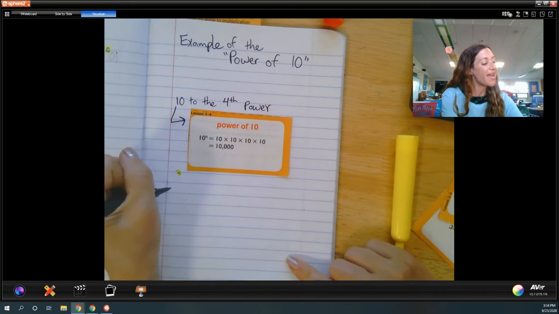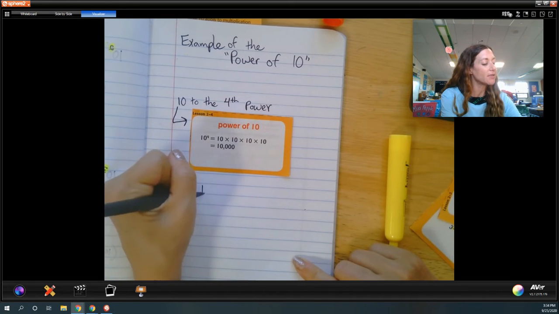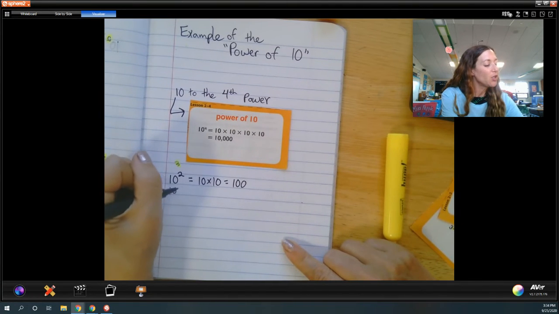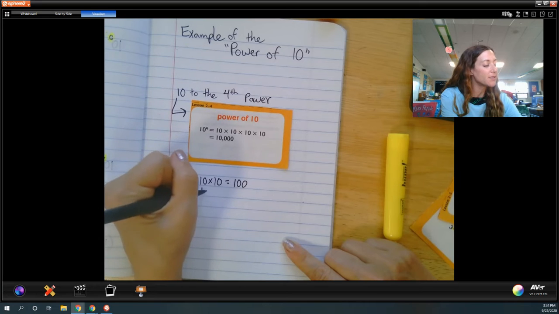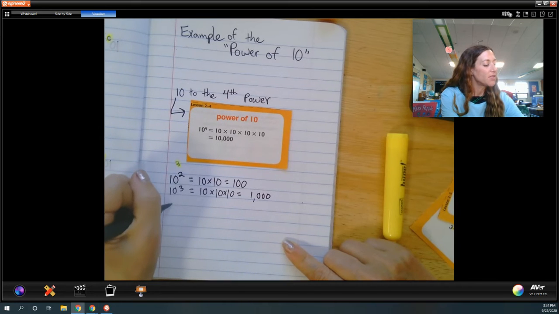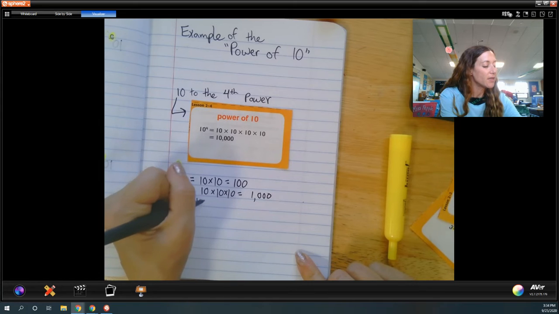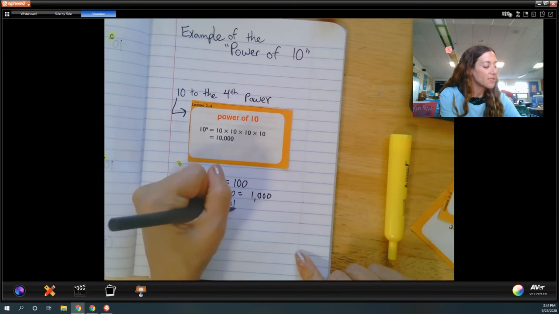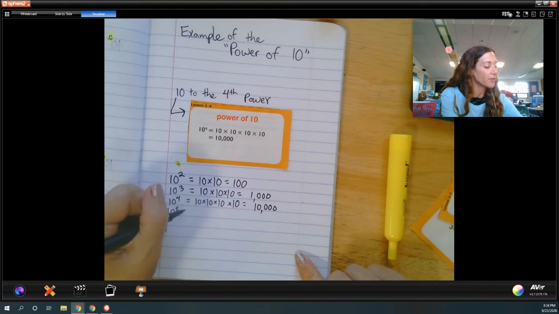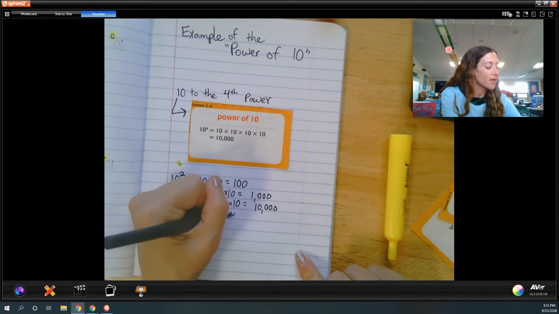Okay, so 10 squared, or 10 to the 2nd power, is 10 times 10, which equals 100. 10 cubed, or 10 to the 3rd power, is 10 times 10 times 10, which equals 1,000. 10 to the 4th power, which we have up here, is considered 10 times 10 times 10 times 10, which equals 10,000. 10 to the 5th power, you guessed it, 10 times 10 times 10 times 10 times 10,